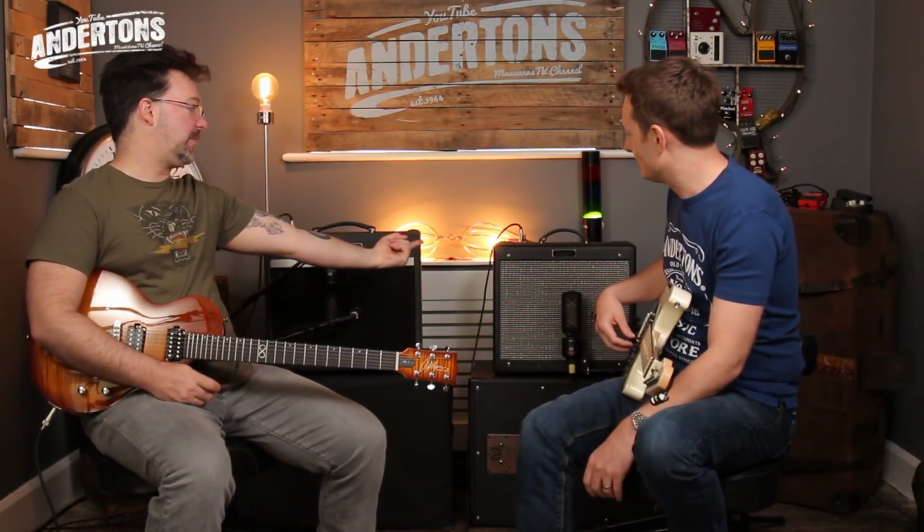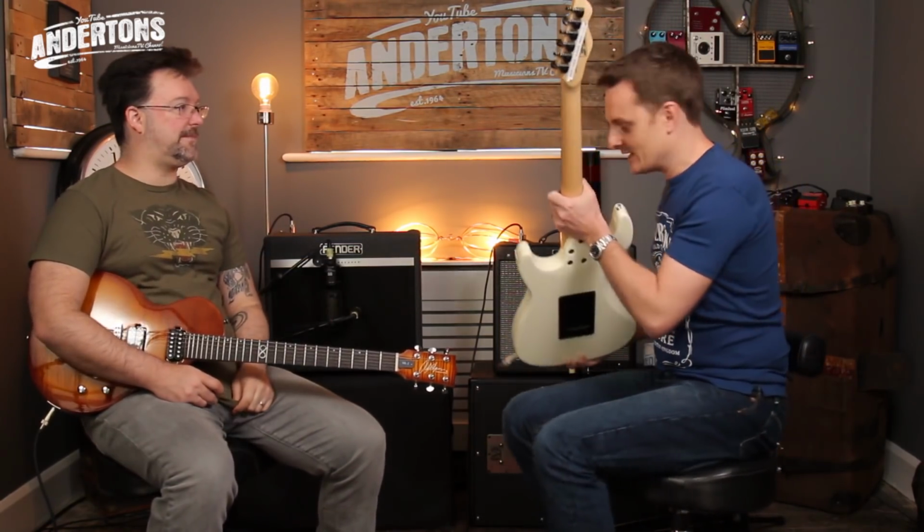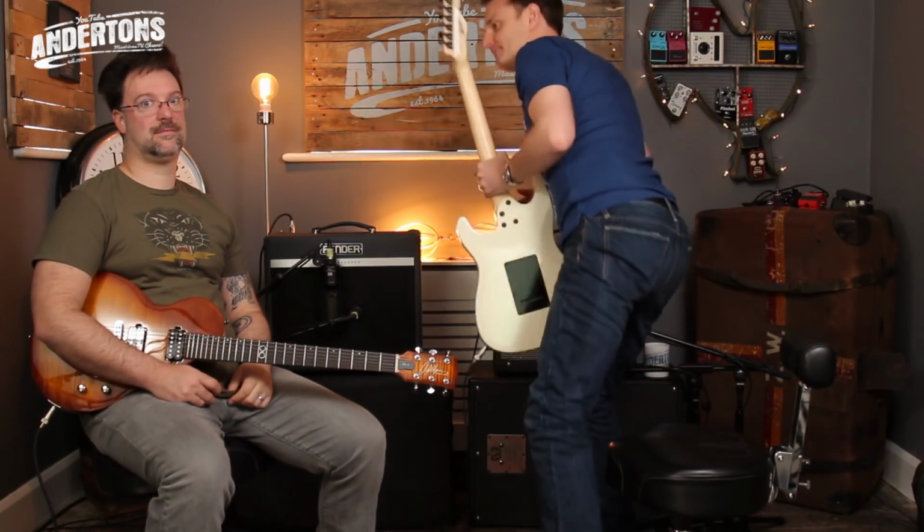Does this have an effects loop? No, I don't believe it does. It does not have an effects loop. So yeah, let me just double check. I should know this. I've actually got one of these. No. The reason I don't think it needs an effects loop is because the only way to get any gain out of it is pedals. So as long as you put your delays and stuff like that after the pedals, it doesn't really matter. In fairness, back to the remit of this video, strike one, no effects loop. Strike two, no gain. Yeah, but strike three and or whatever,